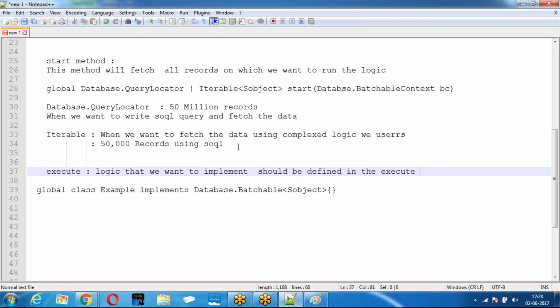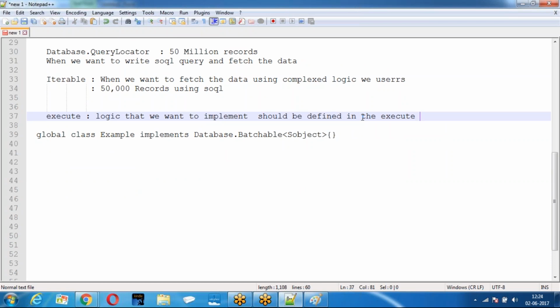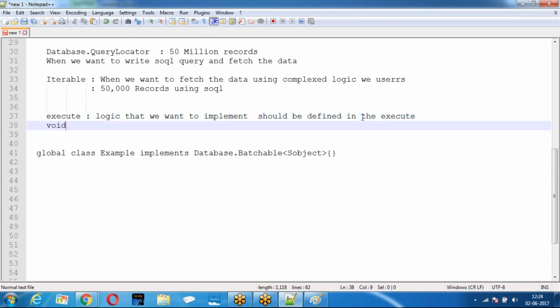Okay. Let us see the third one. Finish. What is the syntax of this? Global void